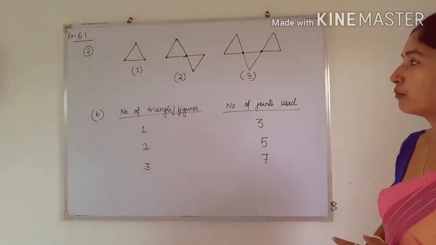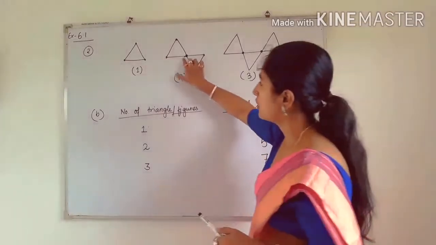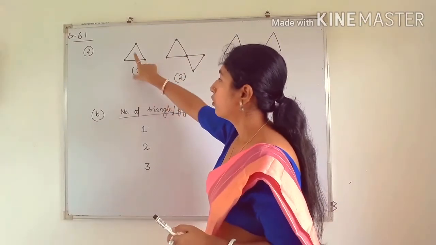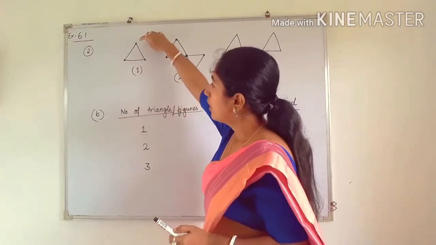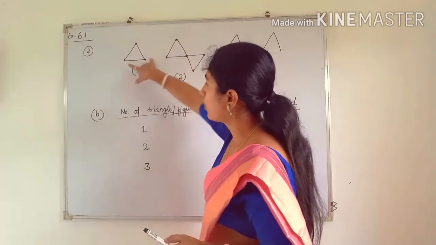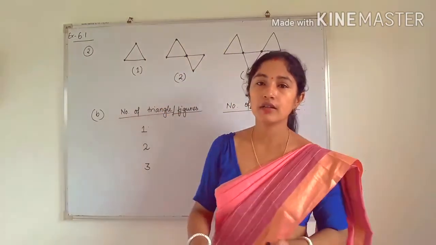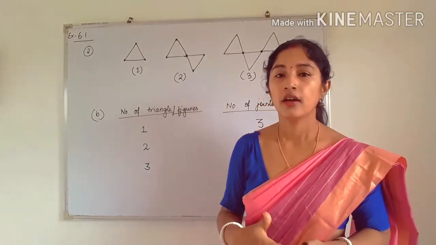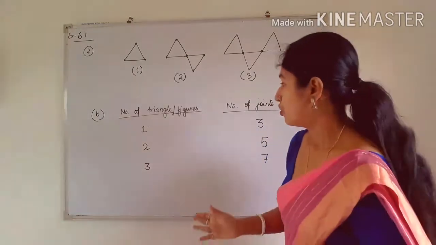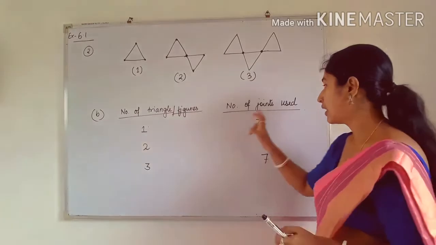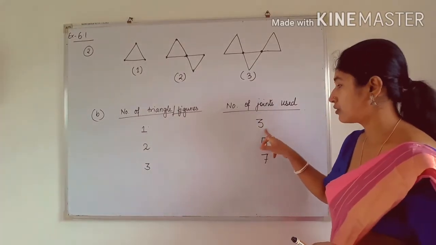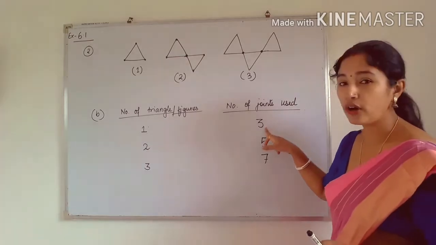This question is the same. Here you have to find the number of joints. So what are the number of joints? See, this is the first triangle, this is the first figure. Only one triangle is present. Here we can join another triangle from this point, or this point, or this point, because a triangle has 3 vertices, that means we can join another triangle from 3 points. So if the number of figures is 1, then the number of joints possible is 3.